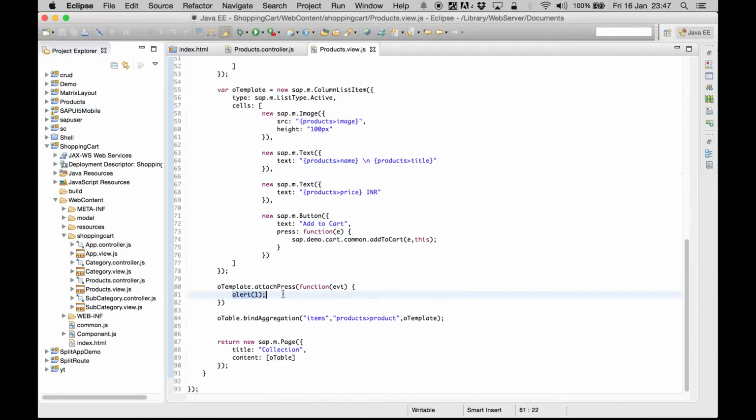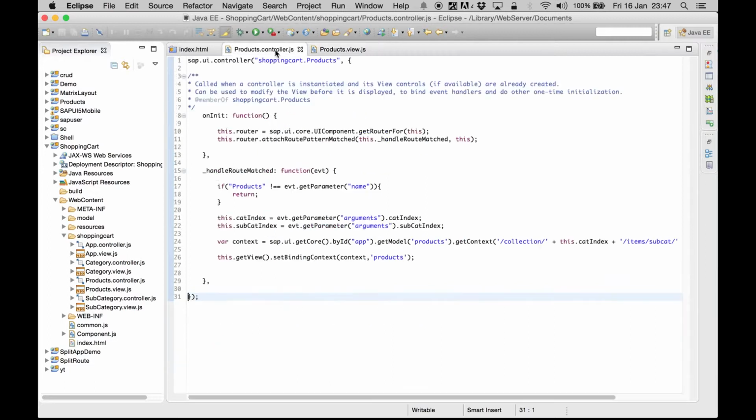So instead of writing alert, we are going to call our controller, and we are going to trigger the method which is going to be product press, and we are going to pass that event, and we are going to create this method inside our products controller. So this is going to accept the event,